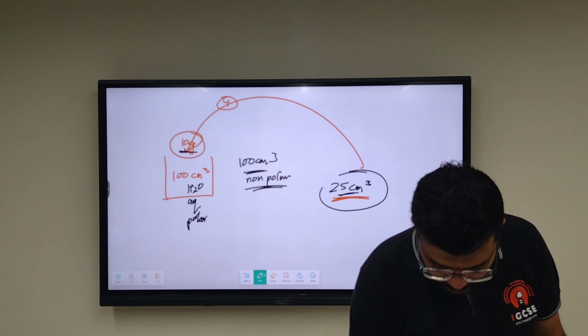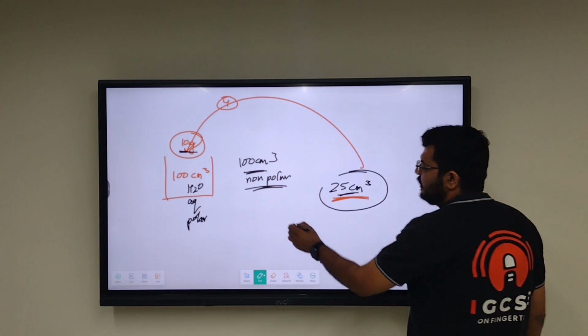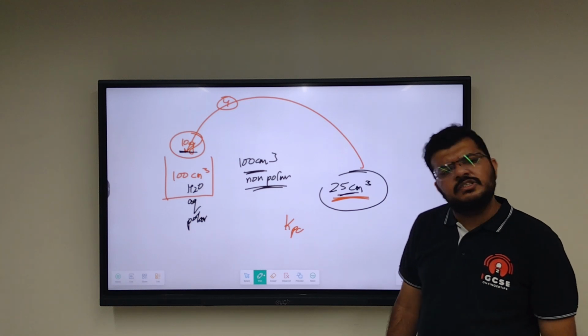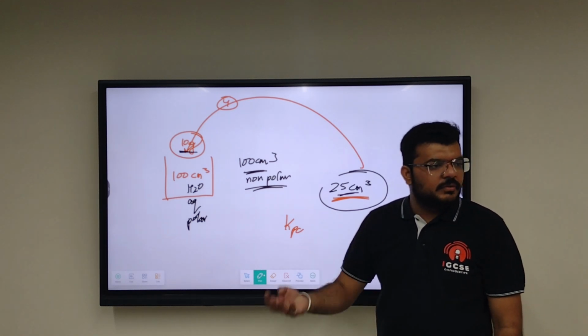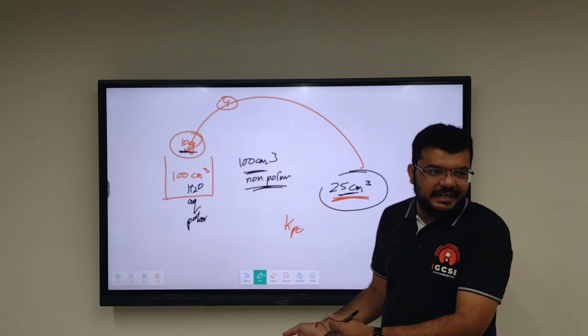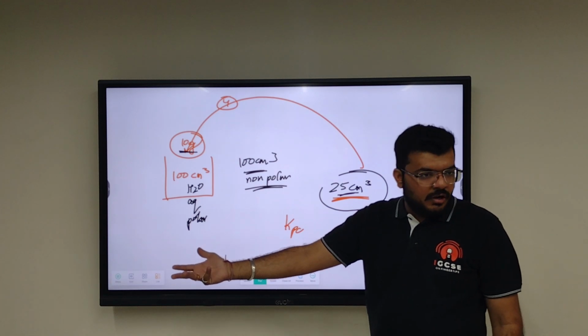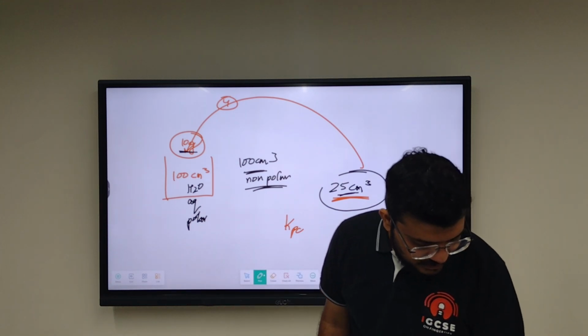So what is this ratio called? The ratio is known as partitioning coefficient. Sometimes they will ask you directly Kpc, find out the value of Kpc. So one more step will be added. You know the concentration right now in aqueous. You will have to find the concentration in non-polar, and use this equation that Kpc is equal to